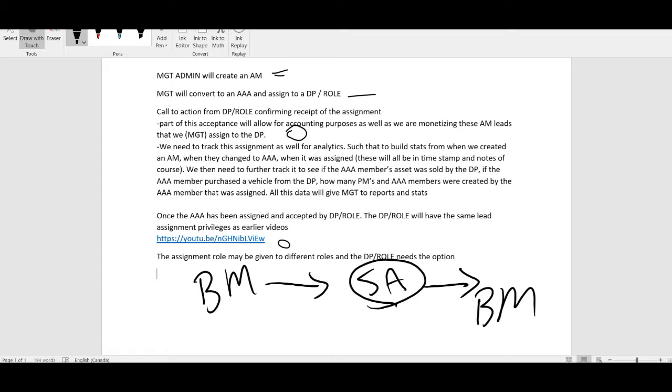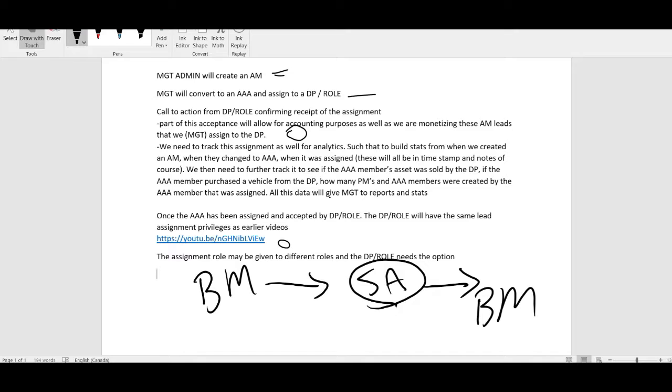But it's crucial to know how much business is coming from the membership base. We can build stats, we can build reports, and we can use these stats and reports to go to the dealers and show them quantifiable information that says this is the amount of business that's coming from a membership base based on the size of a dealership. This is a little bit more detailed from the reporting standpoint, but the primary goal right now is to be able to assign